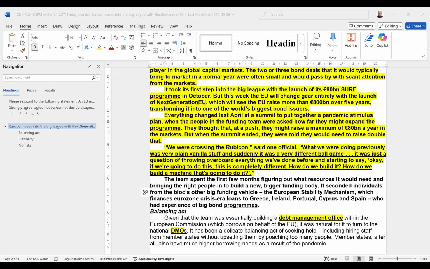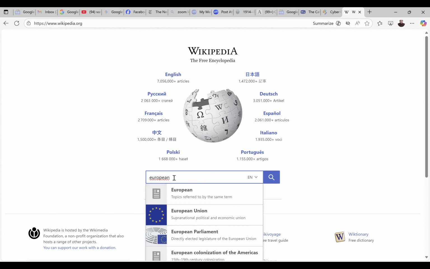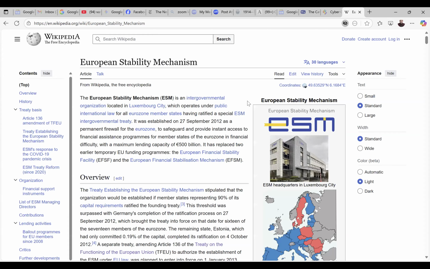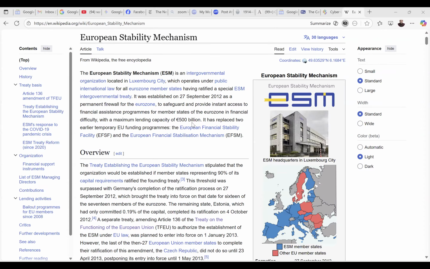Yeah, Wikipedia's got lots of nice European Union things in it because, of course, the European Union knows that so many people use it. You go here, click here. I think you can see the European Stability Mechanism, and there you can see it was set up in response to the sovereign debt crisis that focused on Greece, but not only on Greece, also on Spain and Portugal, but Greece was the big epicenter of this crisis. Ireland as well, but mostly Greece, right?